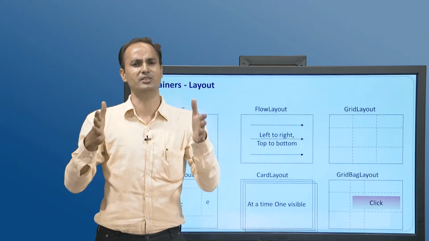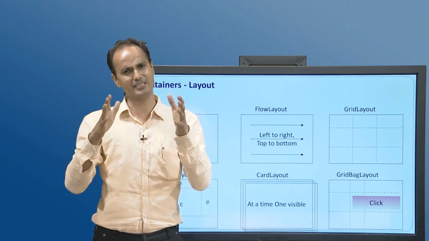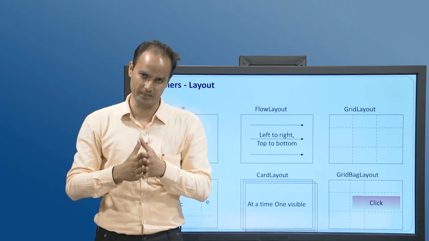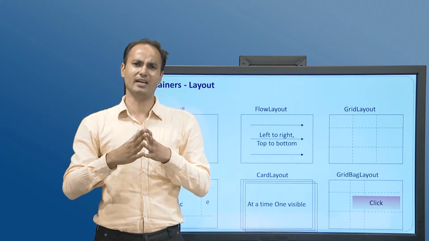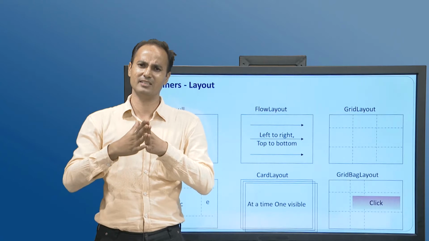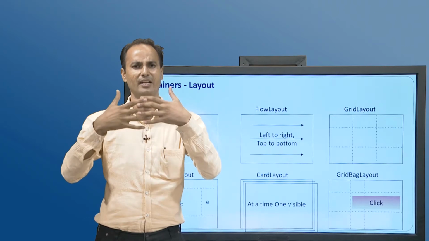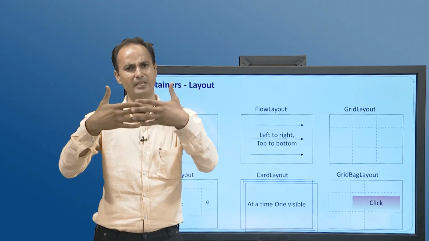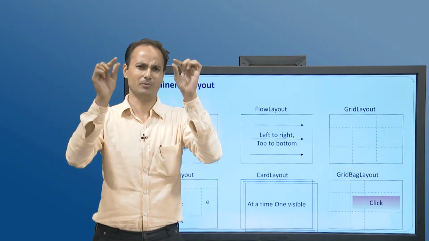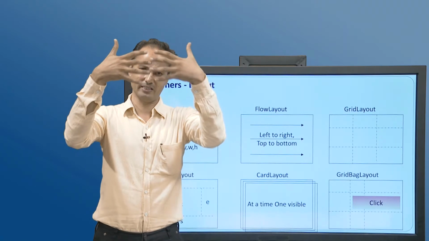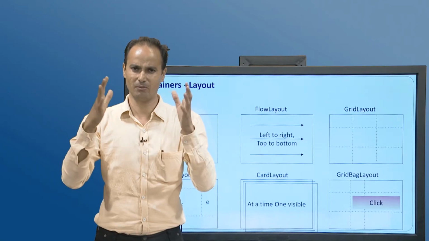Another layout is the border layout. The border layout helps us arrange the components in different directions: north, east, south and west. So we can arrange the components in these directions as per our requirement. If your application requires such things, then we can use border layout. Another is the card layout. Card layout is generally about a basket kind of thing. At a time a single pane will be displayed, and the controls contained in that pane will be visible to the user. It is just like a content pane. When we click on a particular pane, that pane will be visible and the controls contained in it will be displayed to the user.